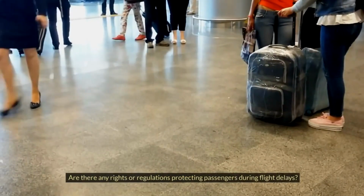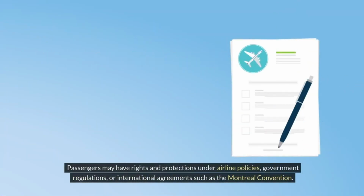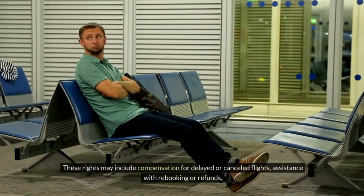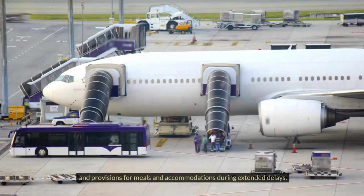Are there any rights or regulations protecting passengers during flight delays? Passengers may have rights and protections under airline policies, government regulations, or international agreements such as the Montreal Convention. These rights may include compensation for delayed or cancelled flights, assistance with rebooking or refunds, and provisions for meals and